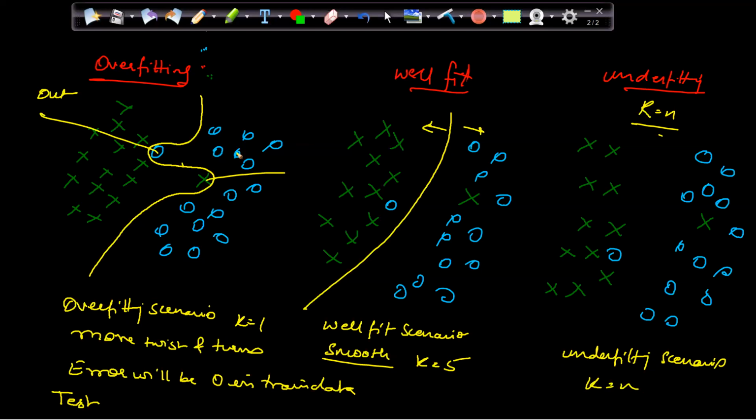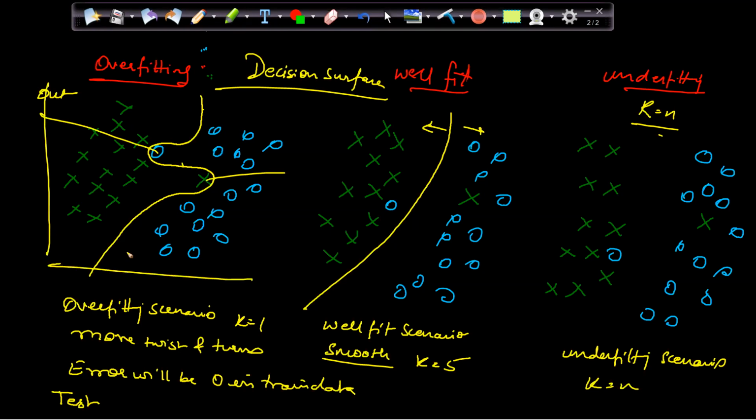So now these are my three scenarios. And this curve is actually known as decision surface. Decision surface. Now you must be thinking why it is known as decision surface and not decision curve. Because as of now we are talking about 2 dimensions, but we mostly deal with multi-dimension data.